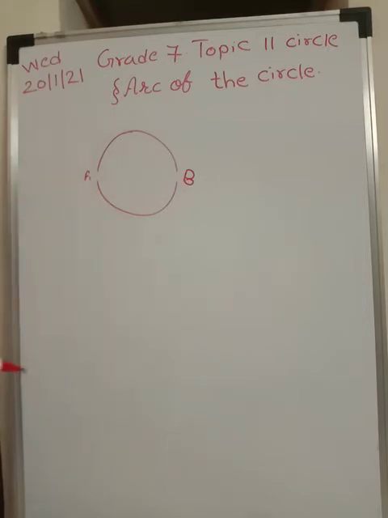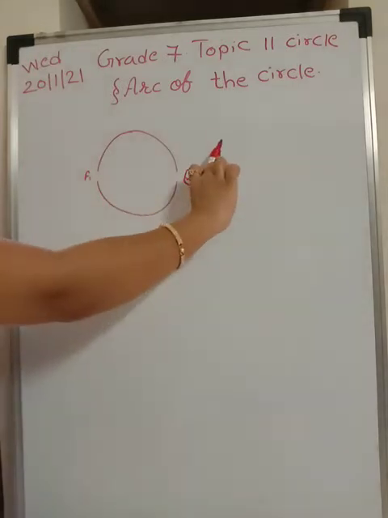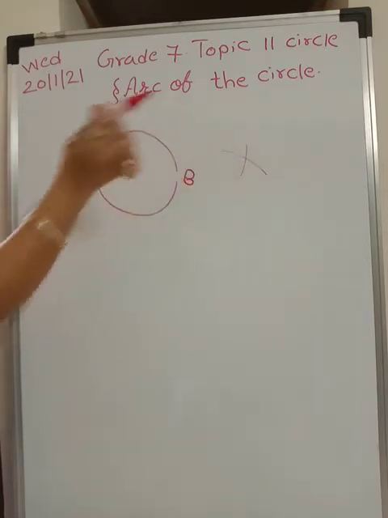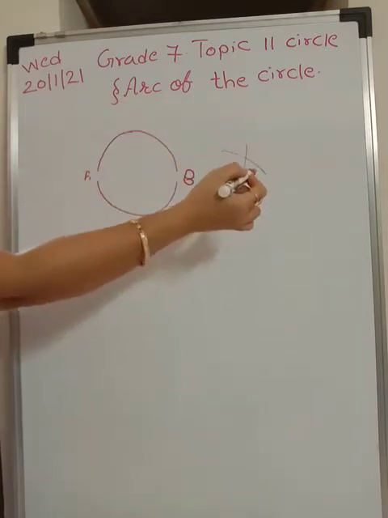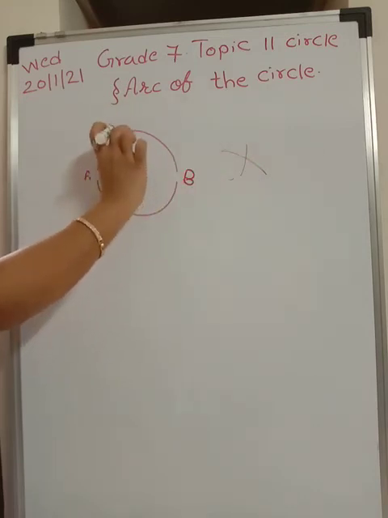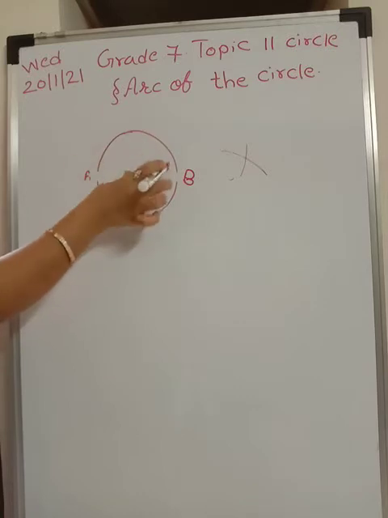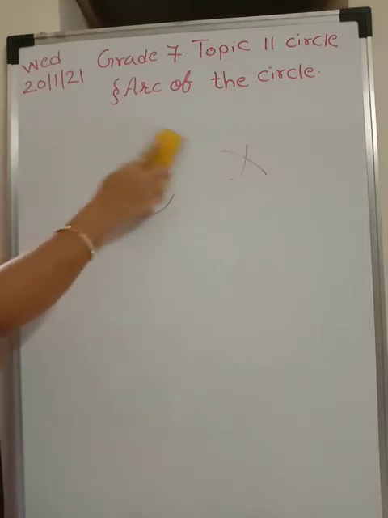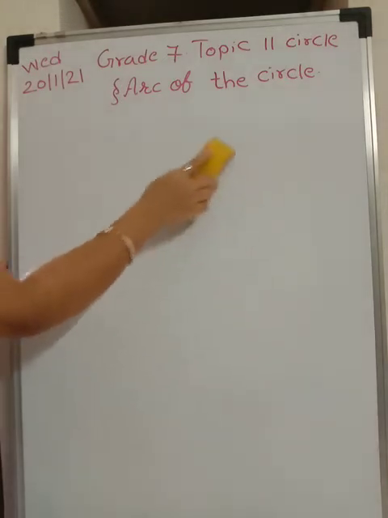Or many times while drawing a triangle, you take some distance in the compass and we say that we are making an arc like this. And then putting the compass at some other point and cutting, you say that I have cut this arc. While drawing a circle as well, you do it in this way. So this is nothing but an arc which you are drawing. So let's see a little more in detail about these arcs.